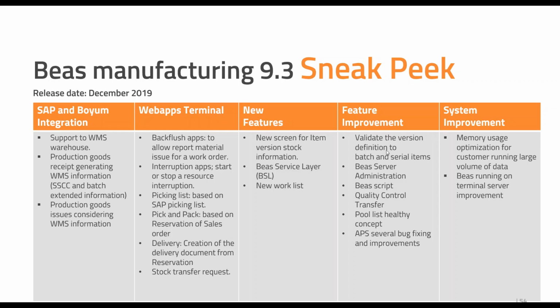These are existing features, so we're going to do additional work on them. The version will be validated against batch and serial item numbers. The server administration will be made easier. I'm talking about the Beas server. Still making the Beas script more intuitive and easier to use. A quality control transfer. The pull list, there's going to be a change in the way that the pull list is being displayed. And the NAPS, it's called bug fixing, but basically it's a set of improvements in the